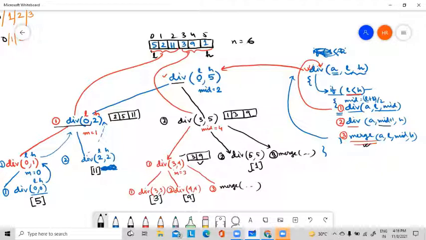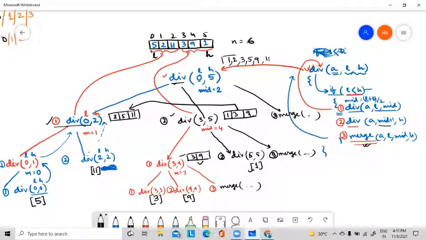Now for this diff function, this is the first diff, this is the second diff, now the third one is the merge. Third one is the merge, so these two will be merged together. Now we have already done the merging. First one is compared with the second one, which one is smaller? 1. Then 2 is compared with 3, 2 will be copied. Then 5 is compared with 3, 3 will be copied. Then 5 is compared with 9, 5 will be copied. Then 11 is compared with 9, 9 will be copied. Then left 11, so 11. So this is our final merged array.